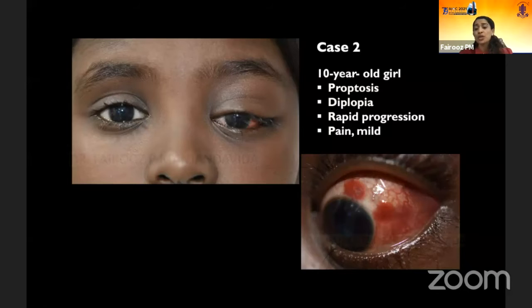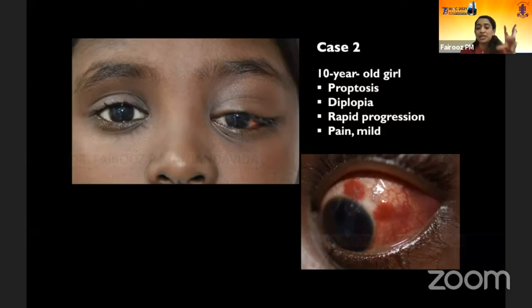Yet another case. So you saw a preseptal cellulitis presenting as an orbital lesion. This case was diagnosed and treated as orbital cellulitis, again in a pediatric patient, a 10-year-old girl with proptosis. She complained of diplopia. In fact, there was a rapid progression. The disease was progressing even with systemic antibiotics and systemic treatment, although there was not significant pain, which was against orbital cellulitis, although she says there is some kind of discomfort in the eye. Any inflammation or infection is usually associated with pain, but she didn't have that. So she definitely needed a radiological evaluation.